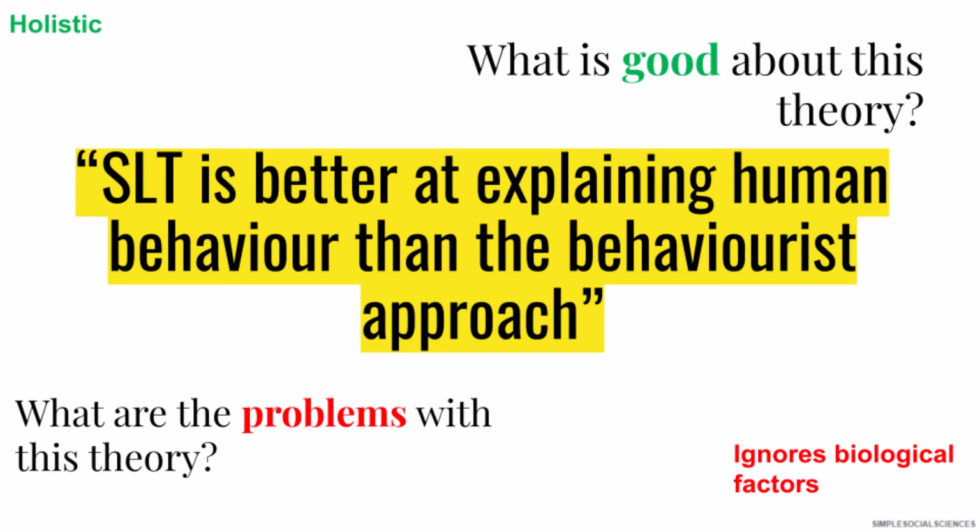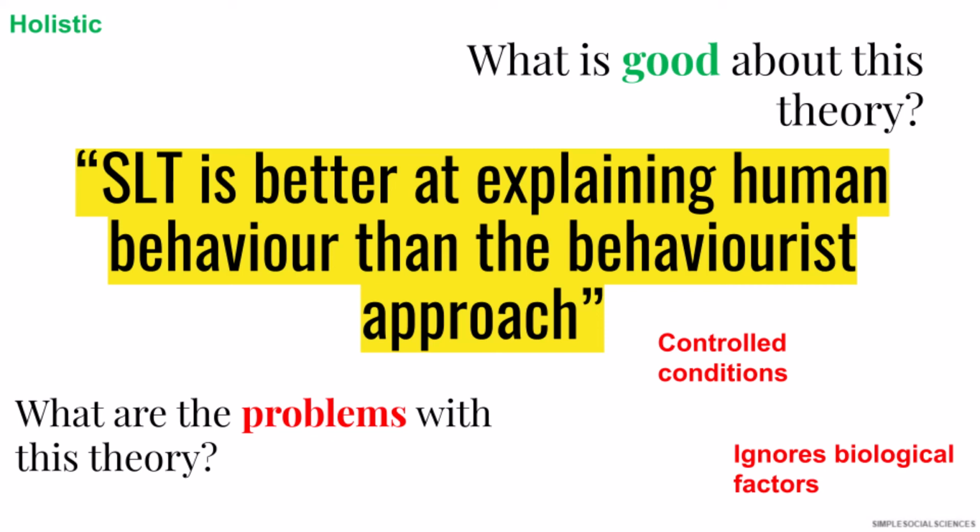A key issue with the social learning theory is the over-reliance on lab studies. The social learning theory was mainly developed through observation of children's behaviour in lab settings. The Bobo doll has been criticised as the purpose of the doll is to be beaten. This could mean that children just acted as they thought they should have, rather than explaining how social behaviour such as aggression is actually learnt. So this suggests the theory has low external validity and may tell us very little about how children and people